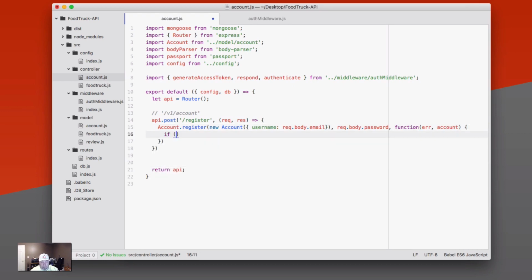And we need to deal with the error if there's an error. And we'll just say return. Actually, we'll just do res.send error just like we have been. Alright. And then if we succeed, we need to call